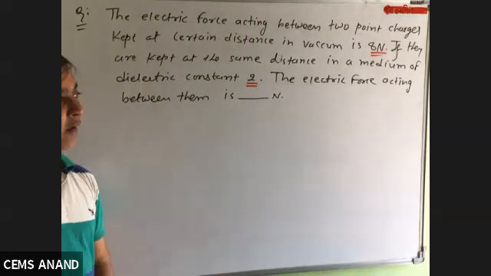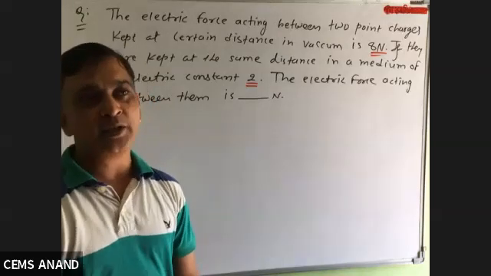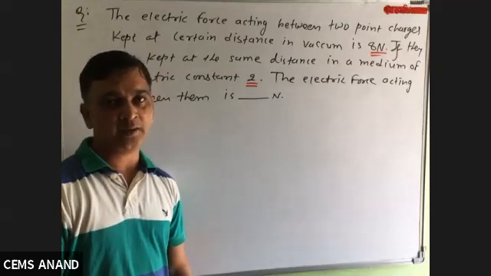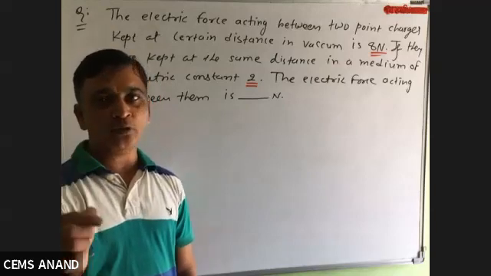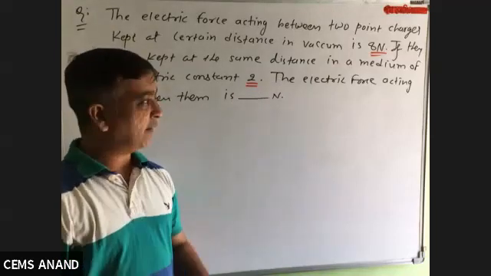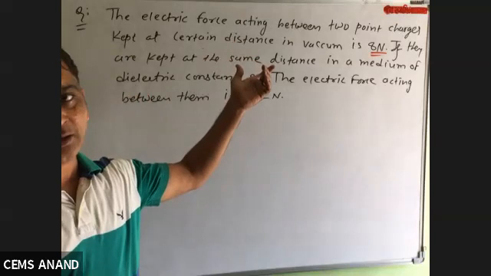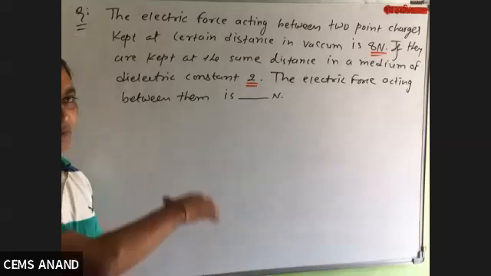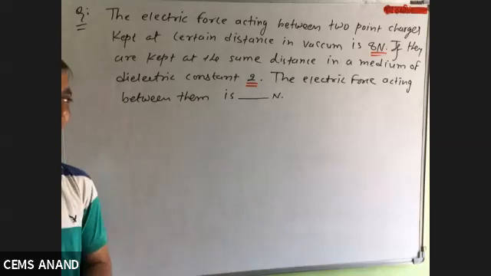As we solved more than 4-5 numericals yesterday based on the formula F equals K Q square upon R square, this is Coulomb's law, the formula of electrical force. I am giving you 2 to 3 minutes for self practice, and if you can't, then we will solve the problem. Your time starts now. Just write the problem first because it is not from your textbook, and then go for the solution.